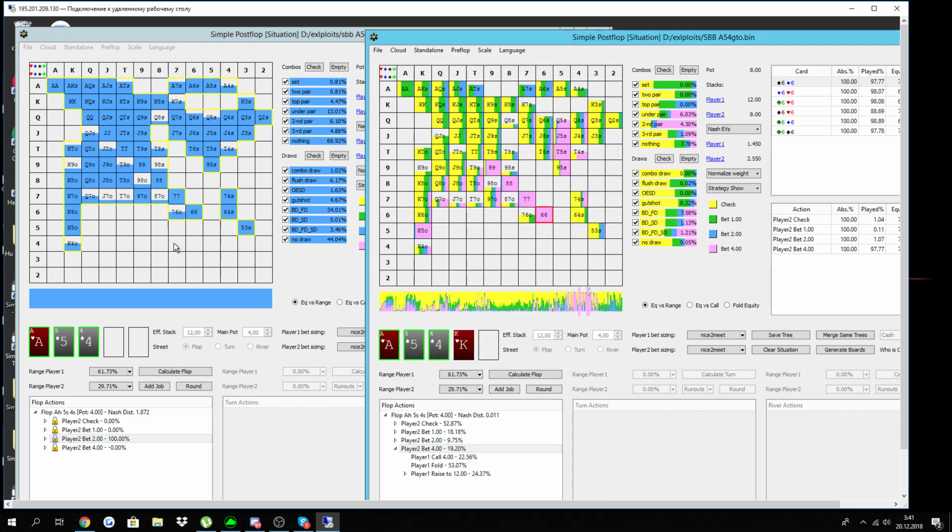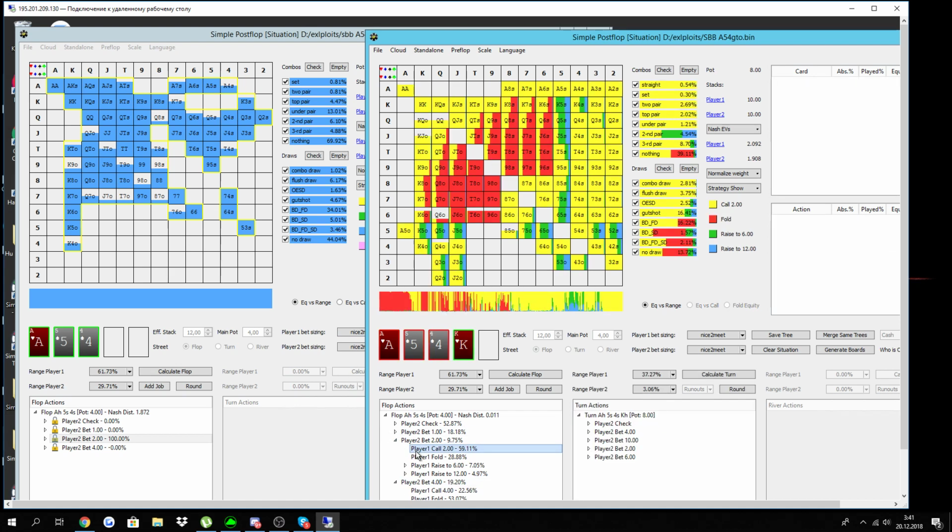Again, probably it's not realistic. I think most players will still have some checking range here. Like they will from time to time be checking pocket queens, so like queen jack, king 10, king 9. But this is just a simple assumption to see how drastically we could exploit him if we want to. So in this situation, when we face half pot,